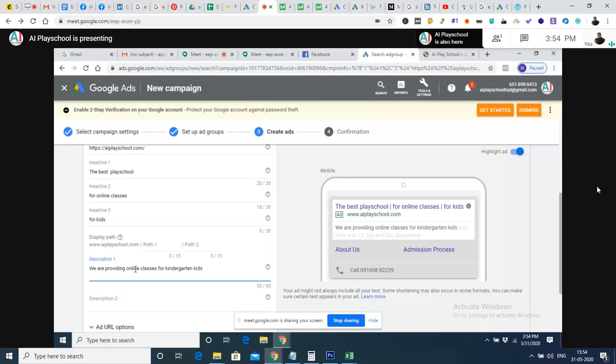Then you can mention some features, for example, if you are planning to give materials or toys with home delivery.